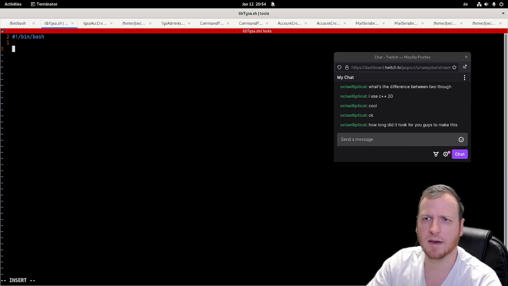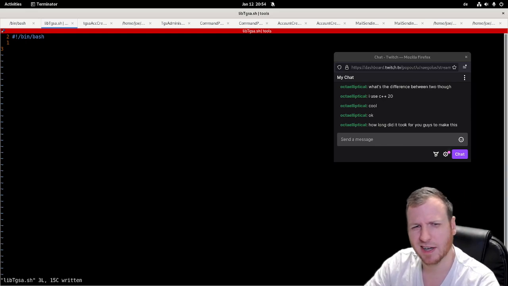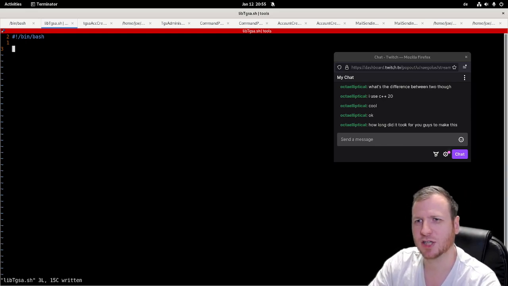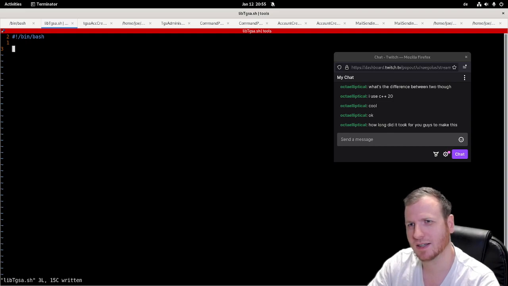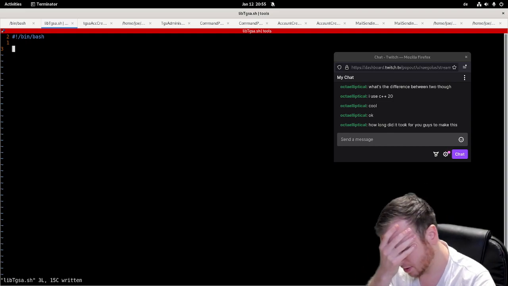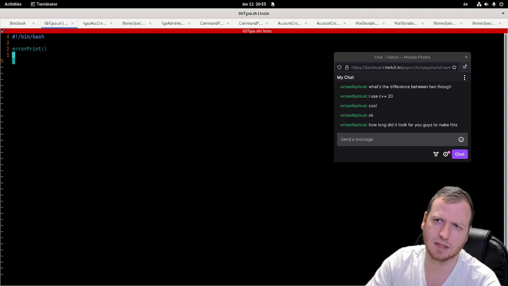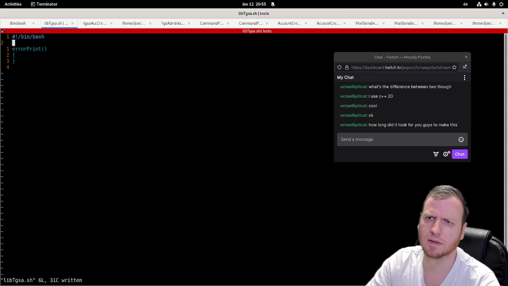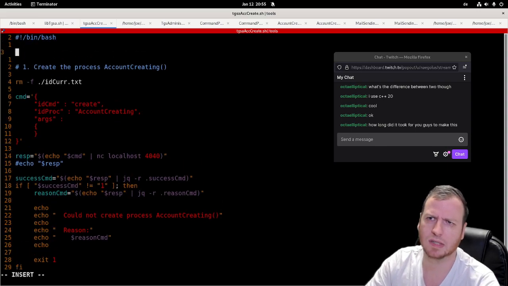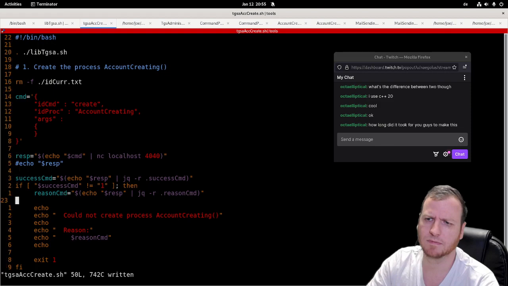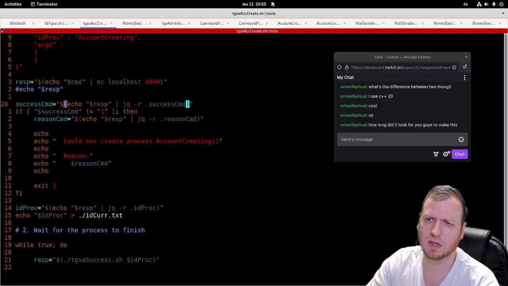this should make a function. How can I make a function in Bash? I have forgotten how to make a function in Bash. I think just error print like this, hopefully. And then I can source the file libtgsa.sh, and if not successful, then